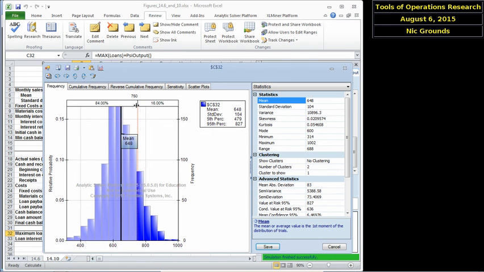You can ask different questions. You can say, what's the lowest 25% of this graph? So there's a 25% chance that the maximum loan we will need is $581 or less, meaning there's a 75% chance the maximum loan we need is $581 or more, okay, and so forth. And again, you can click and drag, you can type in numbers, same things that are computed over here. In fact, a few things I'll show over here, the statistics on the right here will actually give you